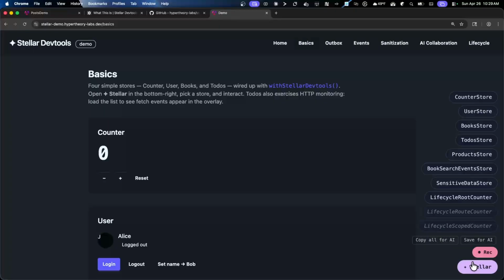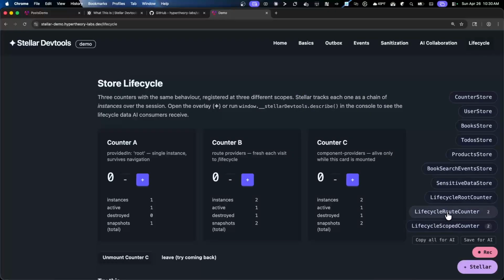And what you'll see here is all the stores it encountered as I was going through this application. They're not all going to be present when you get there. So there's the counter store, there's the user store, etc. Those are all examples we're seeing here. The ones that are grayed out are stores that it encountered, probably from this life cycle, definitely from the life cycle tab, that now that I've moved to this page have been taken out of scope, right? I saw these things before, but they're here. If I go back to life cycle, you'll see those light up